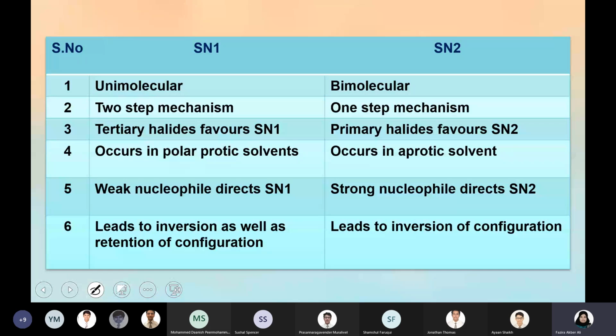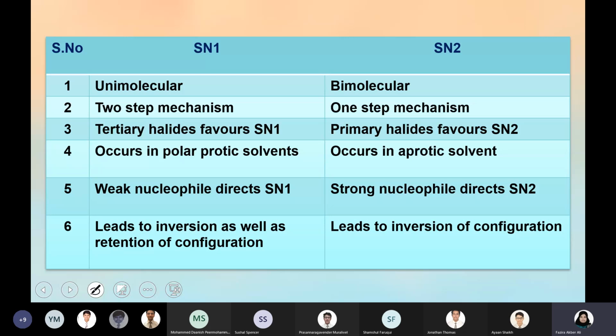Now, strength of the nucleophile. If a nucleophile has more lone pairs, or excess electrons, or a strong effective negative charge, it will be easy for it to attack the carbon. So the strength of the nucleophile depends on so many factors, and the size of the nucleophile also decides the strength. Some nucleophiles are very strong in taking part in the reaction, some are very slow because they won't be able to move.